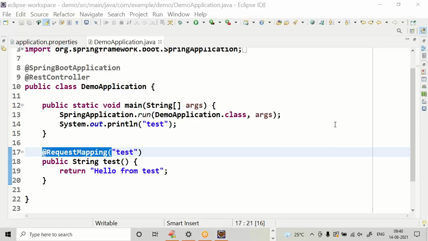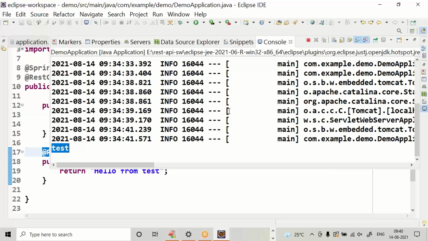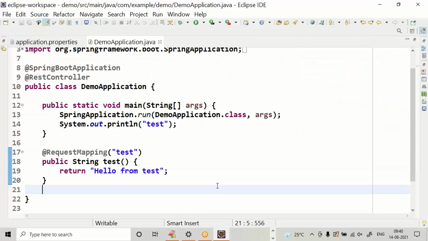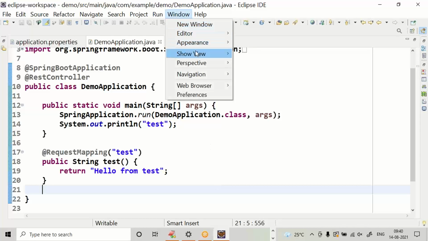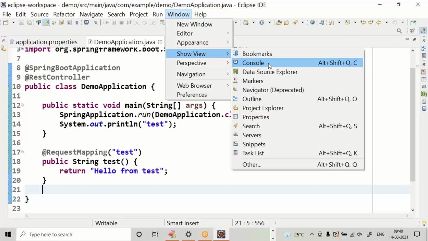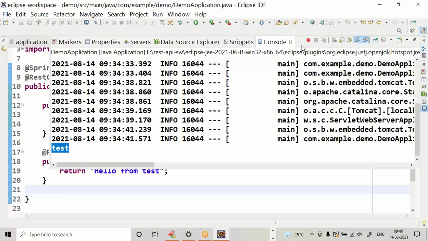How can we restart? Go to the console. On the right side, you can click on console. Automatically the console opens. Otherwise, go to Window, Show View, Console. You can see the red mark. To stop the application, click on this red mark.